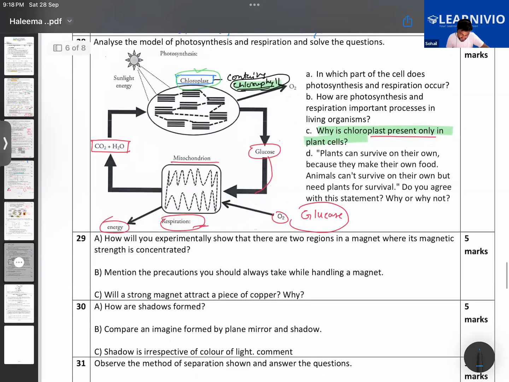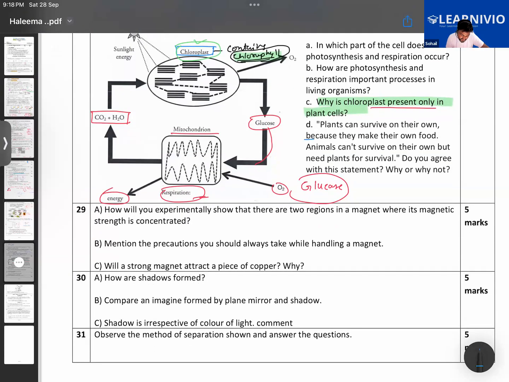Further question asks, plants can survive on their own because they can make their own food, but animals can't survive on their own but need plants for survival. How much do you agree with this? Do you agree with this statement? Yes, sir. Okay, elaborate on this. Why do you agree on this? Yes, because plants make their own food as they are autotrophs, and animals cannot make their own food as they are